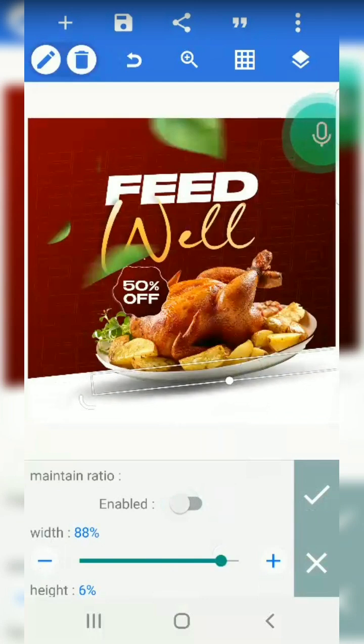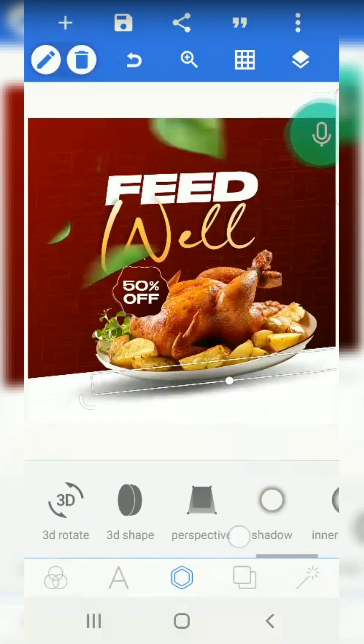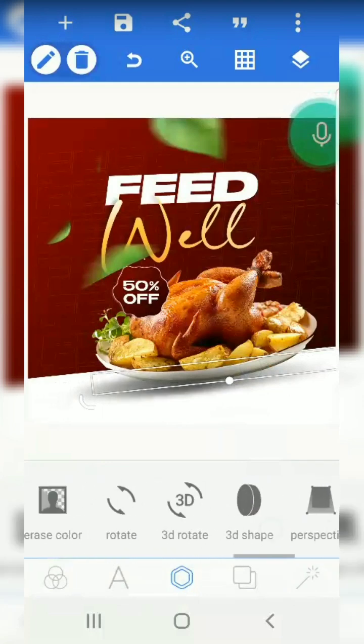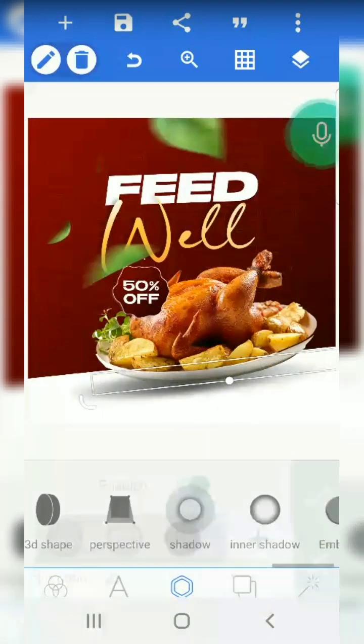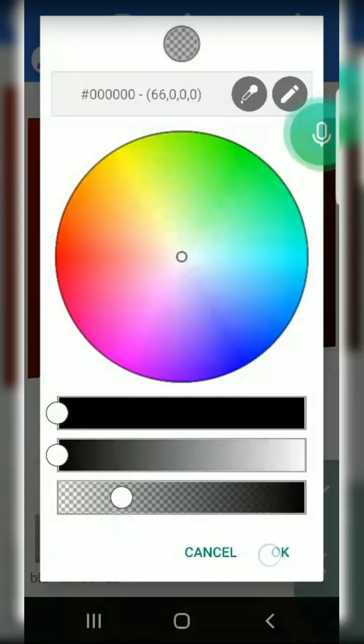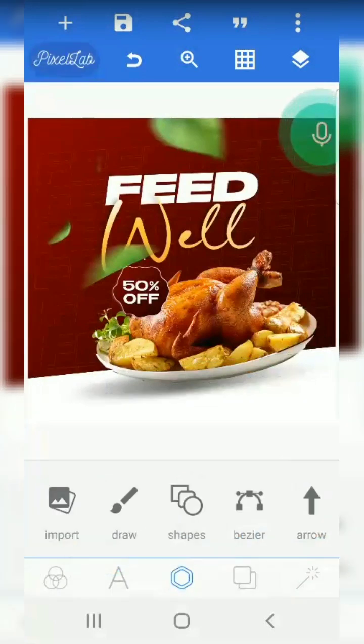Then I'll reduce the opacity even more. I'll move over to the shadow. Come over here, then reduce the opacity even more. Then boom, the design is set. So I'll finish the design. You get? So this is me making use of the principles of simplicity, proximity,